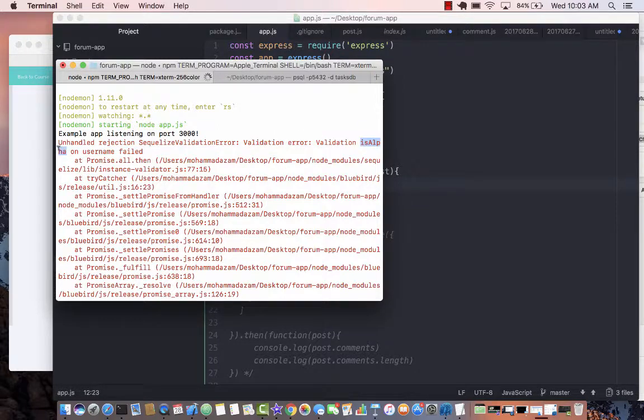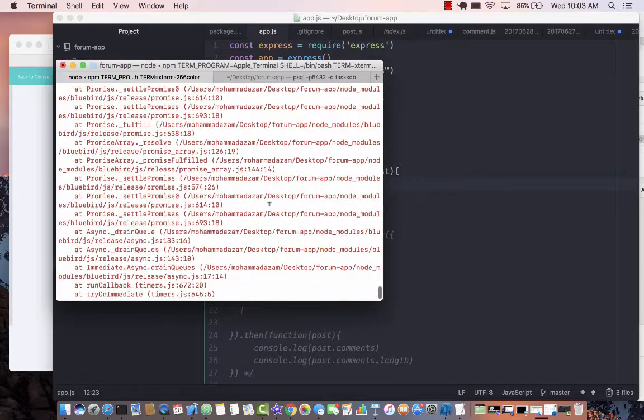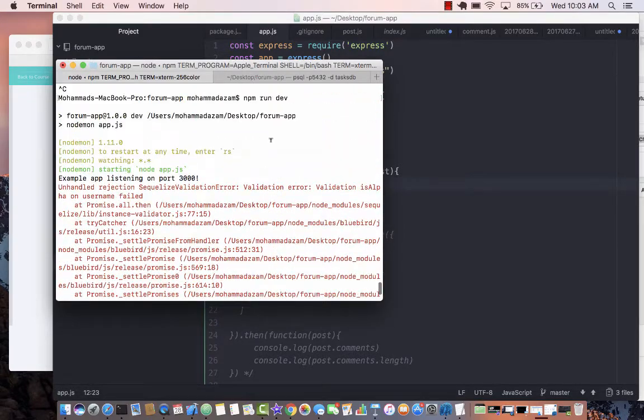Validation is alpha on username failed. So it's cool, it's firing our validation. And that is good, because it's now checking that the user is not entering some garbage data into the post. So now, the problem is that you don't want to display all of this to the